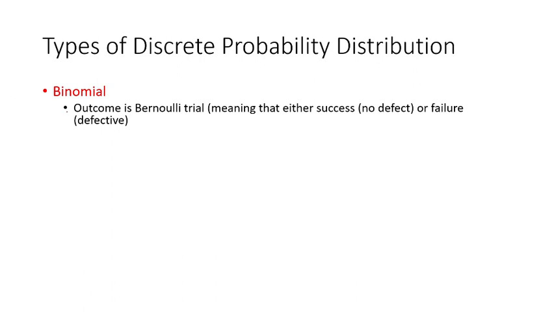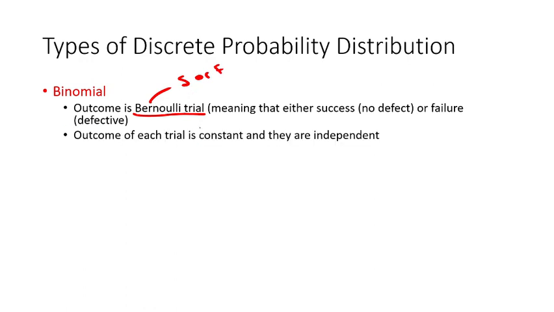Binomial distribution is having a Bernoulli trial. Bernoulli trial means that we have two possibilities for the outcome. It is either success or fail, as in the coin example, flipping a coin. And the outcome of each trial is constant. So what it means is that, for example, you tried once, so first